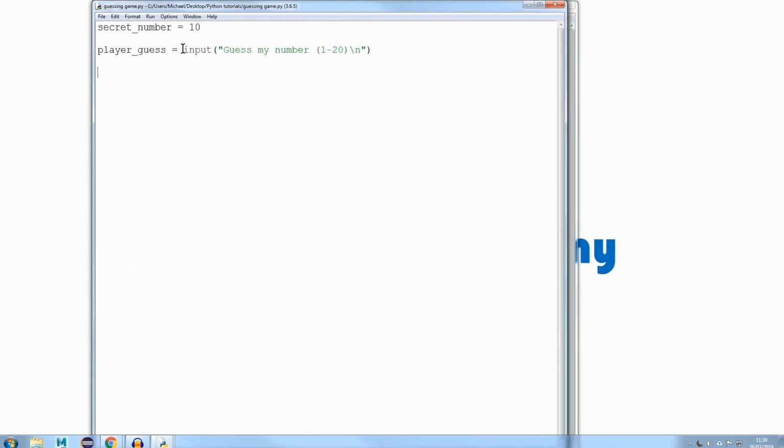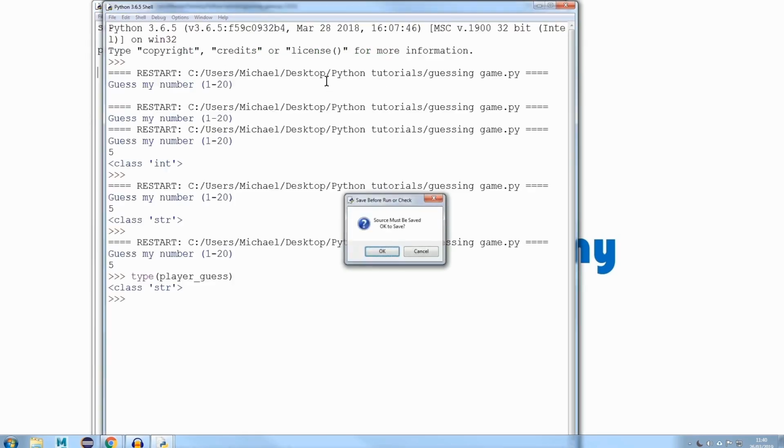So first, we need to convert the player's input into an integer or a whole number, which we can do maths with. To do this, it's fairly simple. We just wrap our input function in brackets like this, and make sure we have a matching close bracket after it. And then before these brackets, we write int, which is short for integer, which is what we want. Now if I try this again,